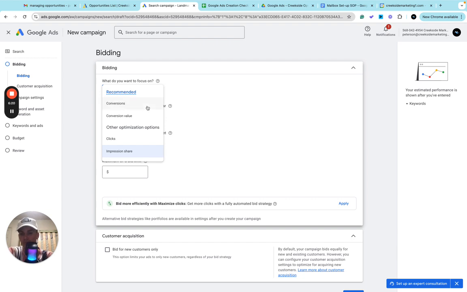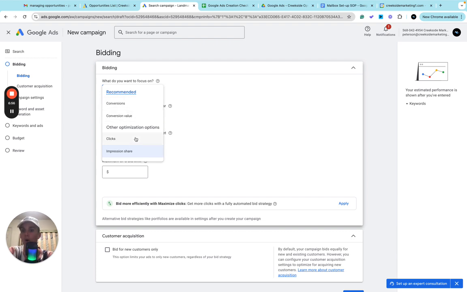So to sum it up, the bidding strategy that we recommend most often is maximize conversions. If you have a lot more information on the value of your conversions, we recommend you use conversion value. Typically, this is best reserved for e-commerce businesses or businesses that accept purchases on their website. Clicks is recommended if you've run campaigns in the past that have not gotten great traction using one of these two, and you're looking to get more data into your Google Ads account in order to go back to